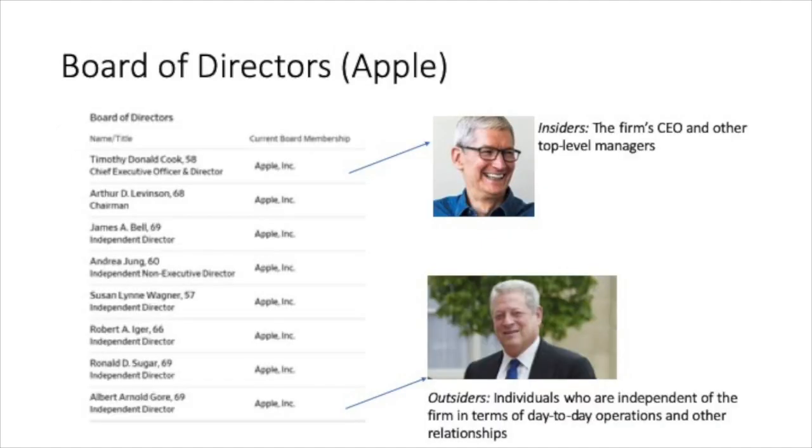If you take a look at the structure of board of directors of Apple, you can find some interesting facts. For instance, you can find Tim Cook here. Tim Cook is a CEO of Apple, but interestingly, he's working as a member of board of directors. He is called insiders because he's actually working for a company. And Tim Cook here, as you can see, has two roles. One is a CEO, the other one is member of board of directors.